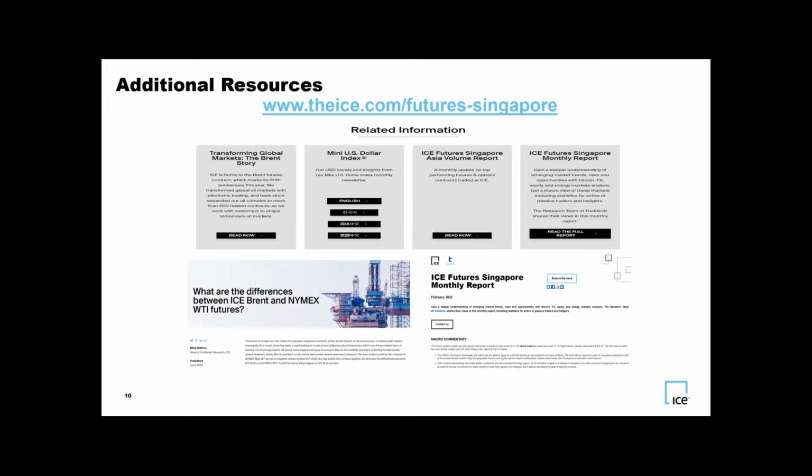We do have some resources for you that you'll be keen on. There is a specific mini US dollar index report, as well as a monthly report. These are all monthly, by the way, and they're all free. We have another monthly report that gives macro commentary on some of the markets we are involved in, like the energy market, the FX market, and the Bitcoin market. It gives you an overview of what has happened on a summary page, and it gives you some ideas to trade. Of course, this is written by the great team at Traddictiv, whose principal is Jose, who is going to speak this evening.